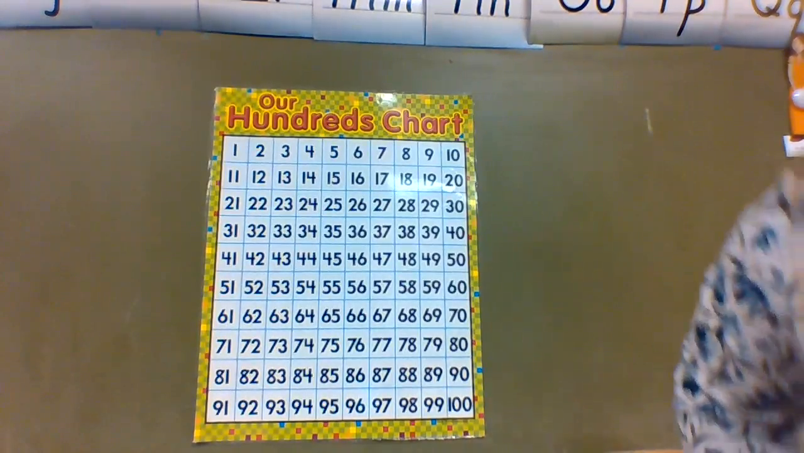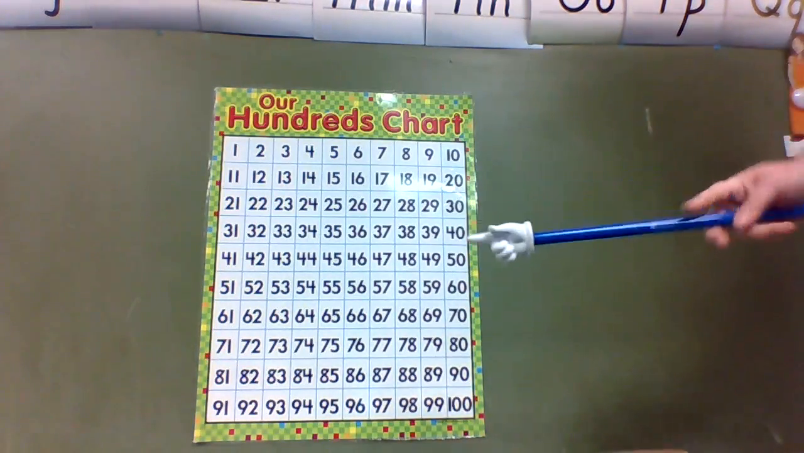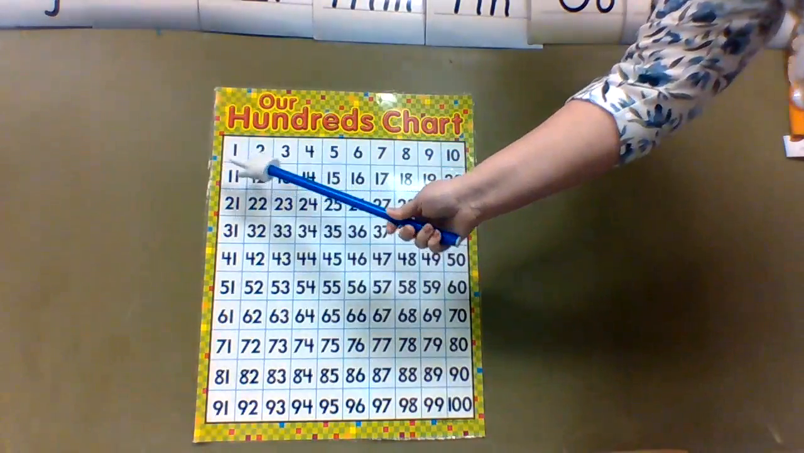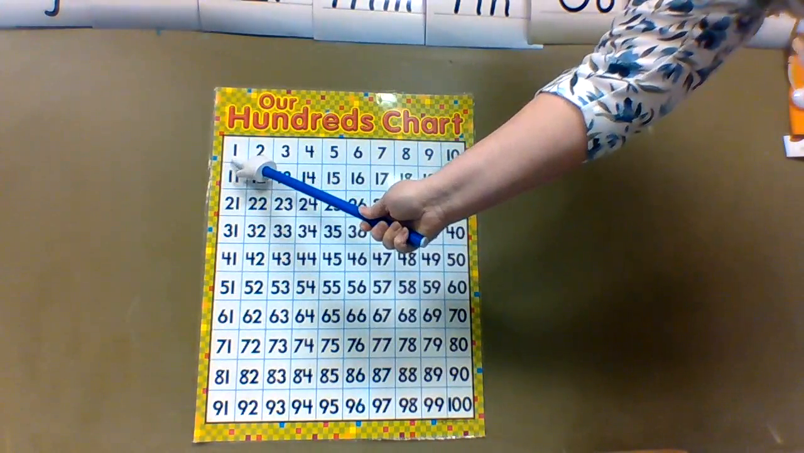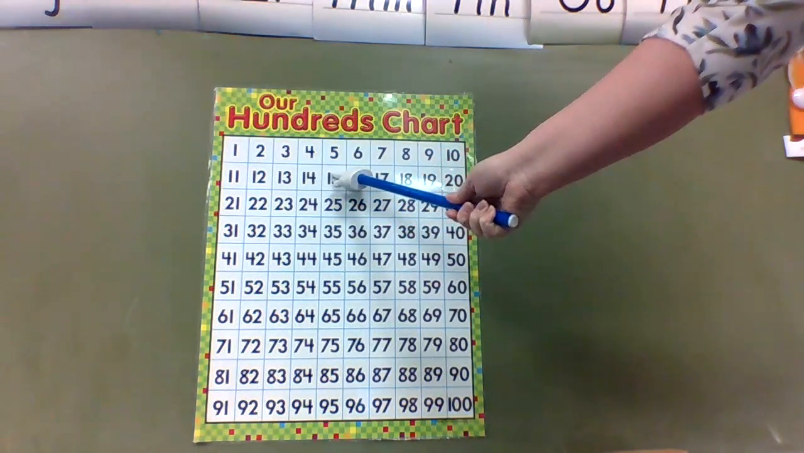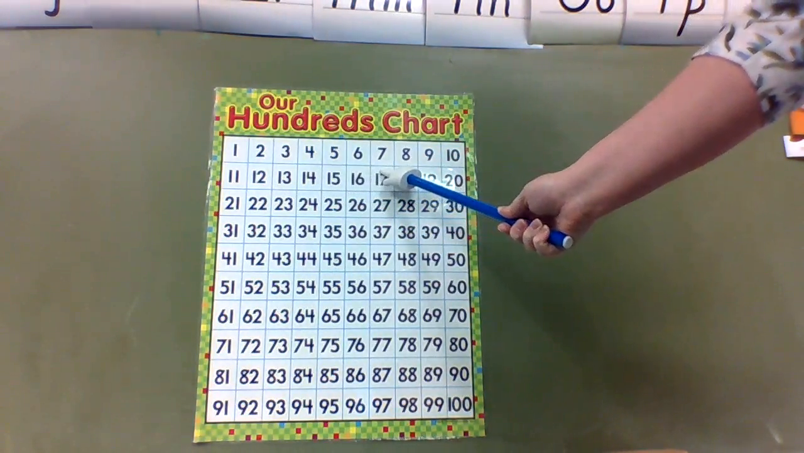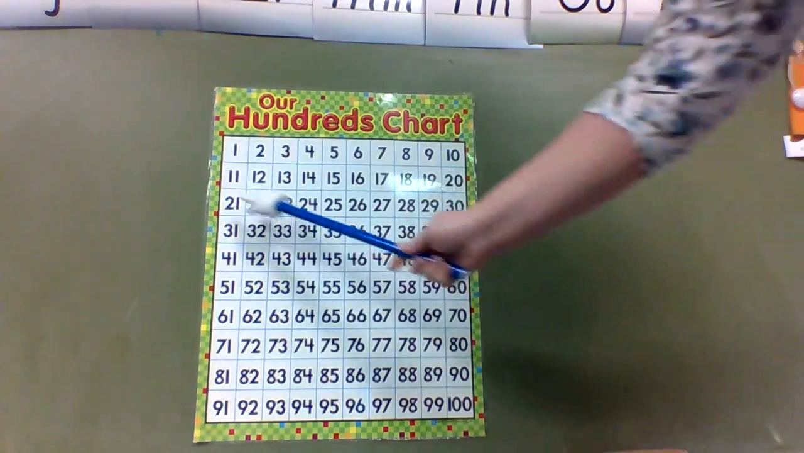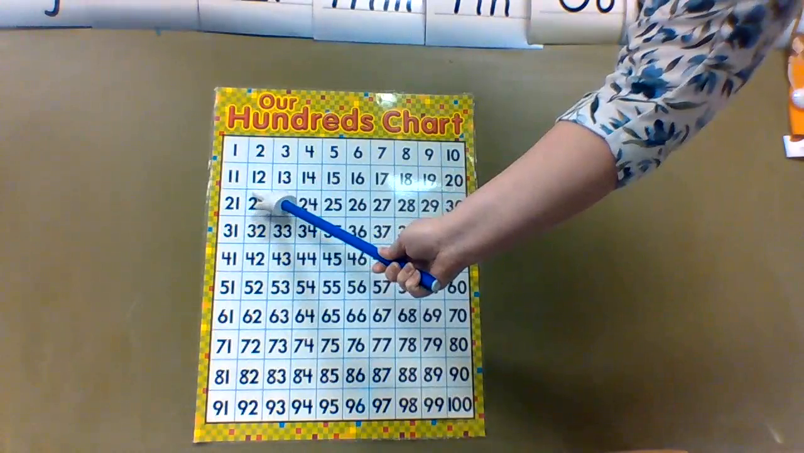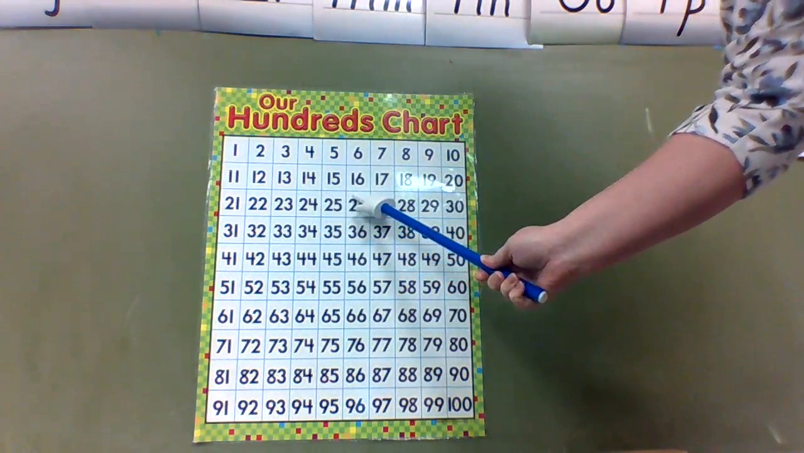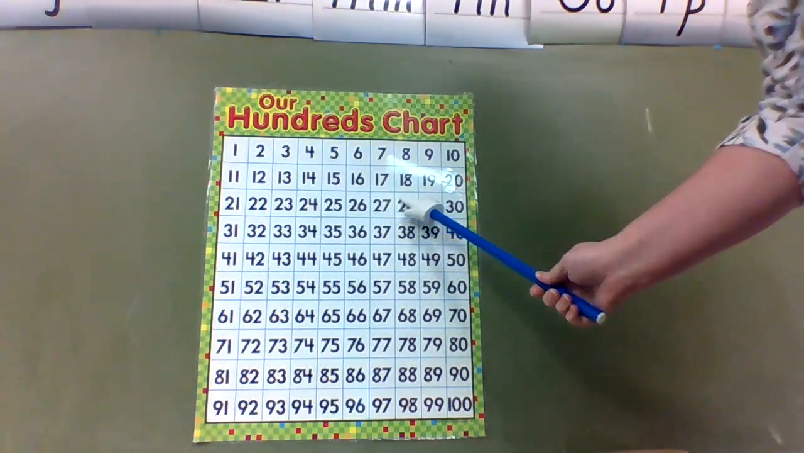All right, let's start math with counting. Remember to count by ones, tens, fives, and twos. Count with me. 1, 2, 3, 4, 5, 6, 7, 8, 9, 10, 11, 12, 13, 14, 15, 16, 17,